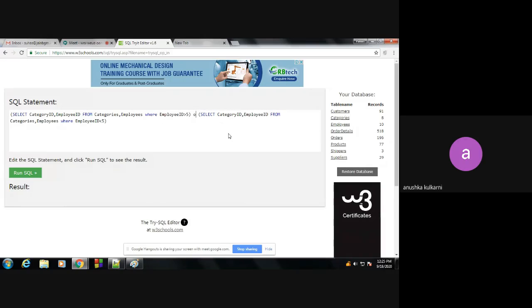Now since we started this one, we'll study this one also. Here I will use UNION. What is union? You already studied set theory: union, subtract, intersect. The same thing I'm saying as union. Union means whatever is in the first set plus whatever is in the second set, it will take both together.